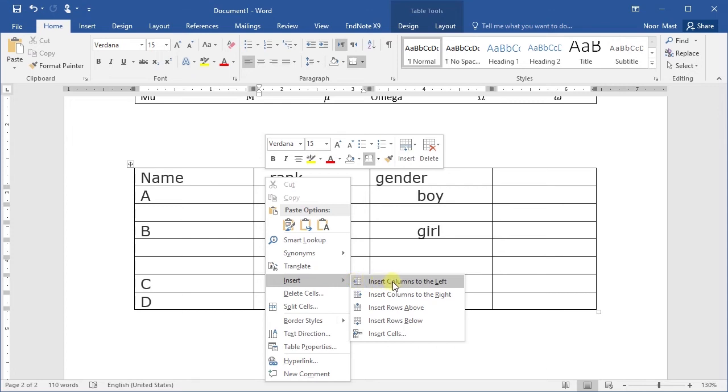Here: insert column to the left, insert column to the right, insert row above, insert row below, insert cell. Suppose we want to insert a column to the left, so click this one.